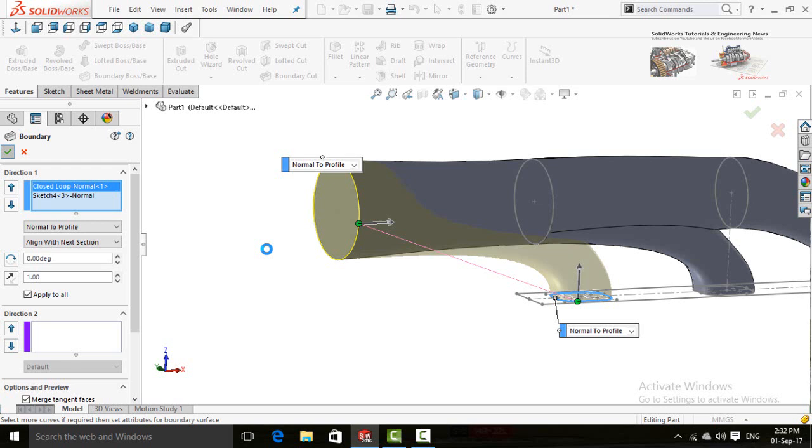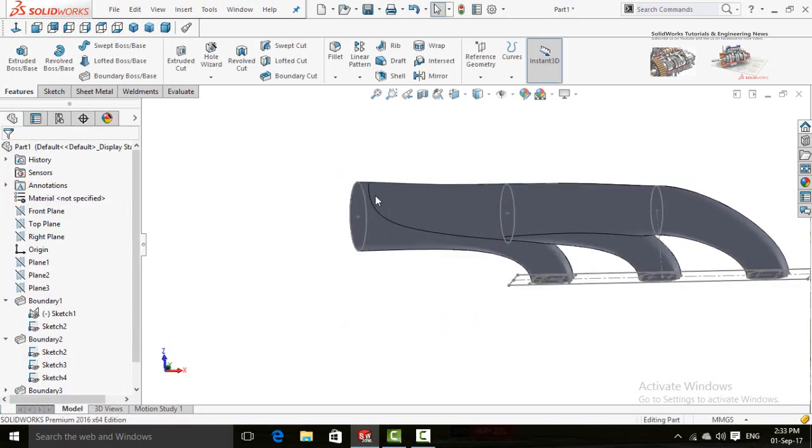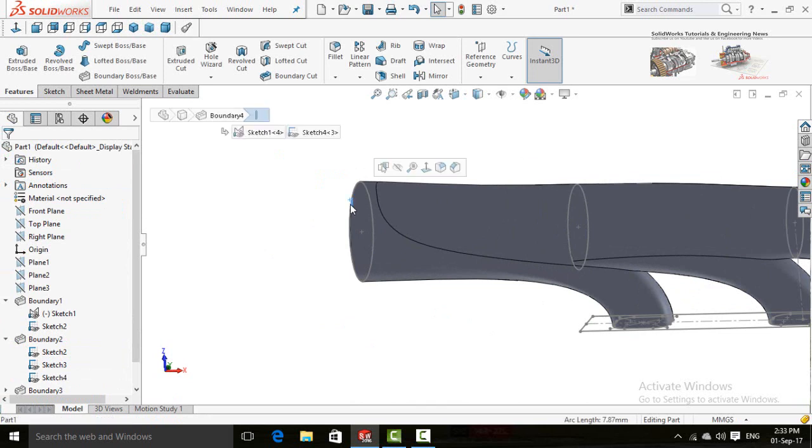Press OK button. So click on these sketches one by one and hide them.